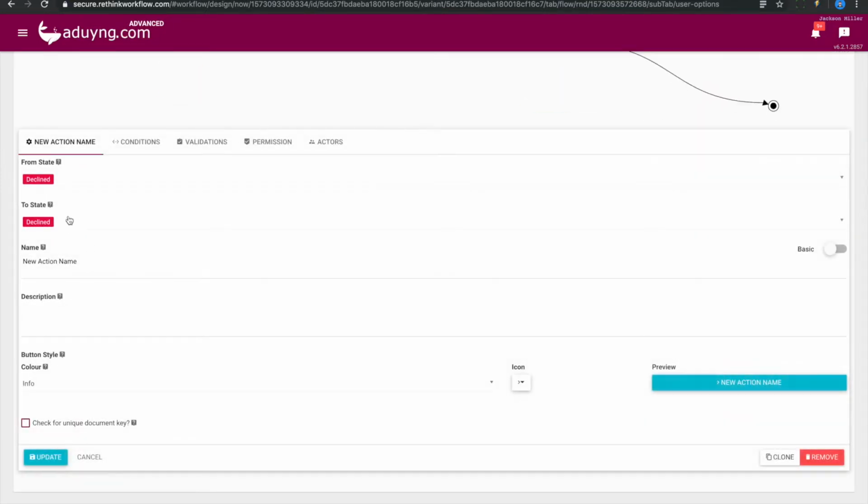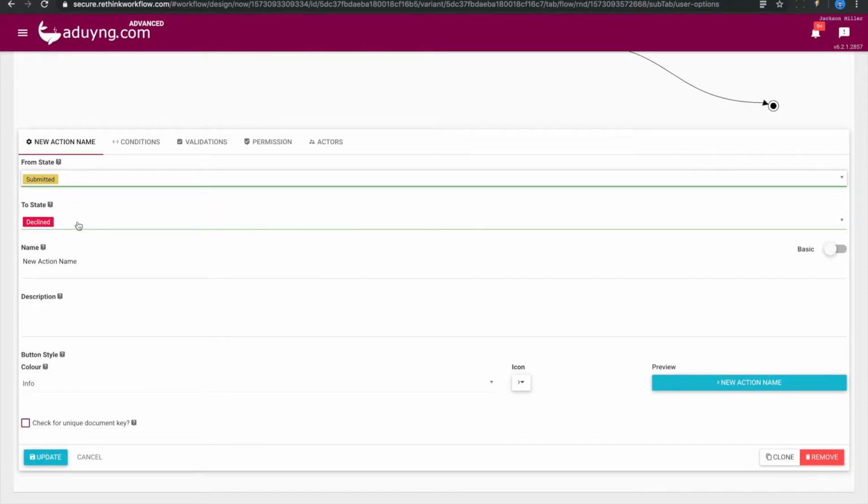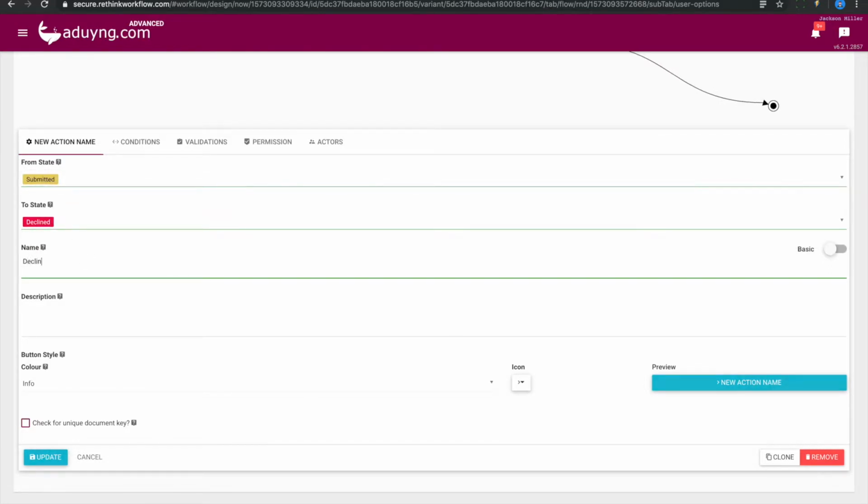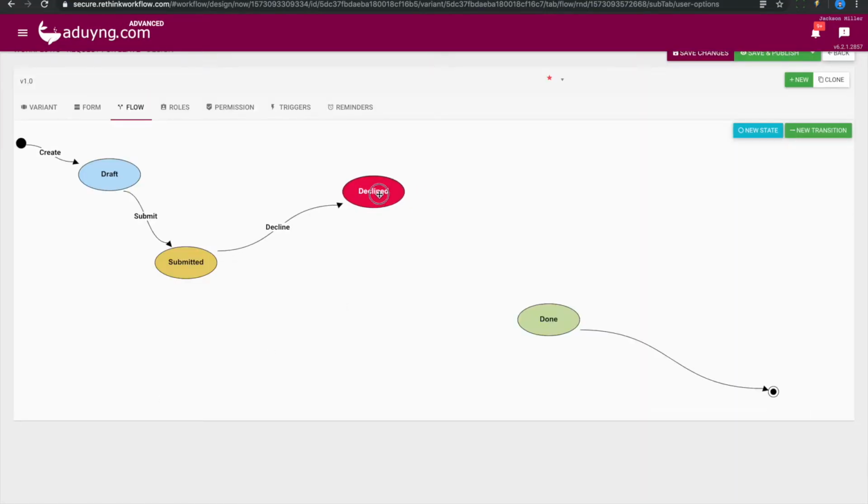So I'm going to add a new transition from submitted to declined and say decline. Make the button red and then put a thumbs down. Decline. And another button